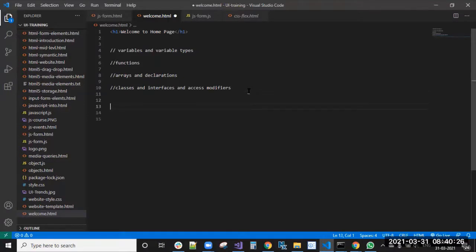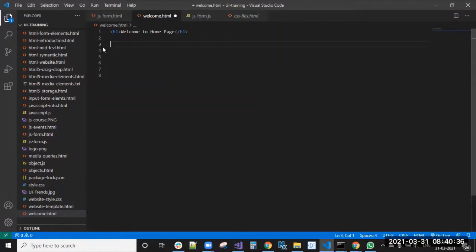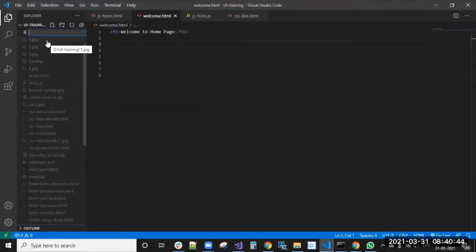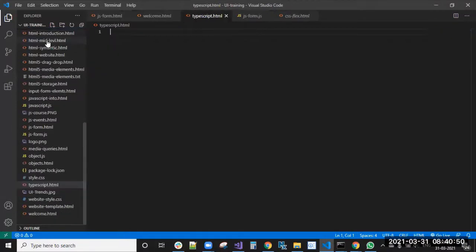So first, we will start with the variables and variable types. So I'm removing this and creating a new HTML file. Okay, not here. We will create it here, TypeScript.html.